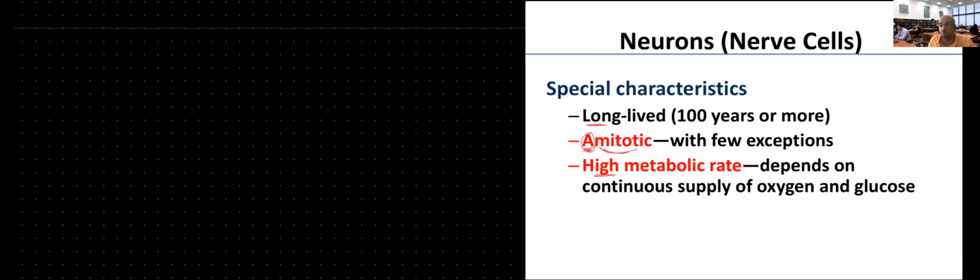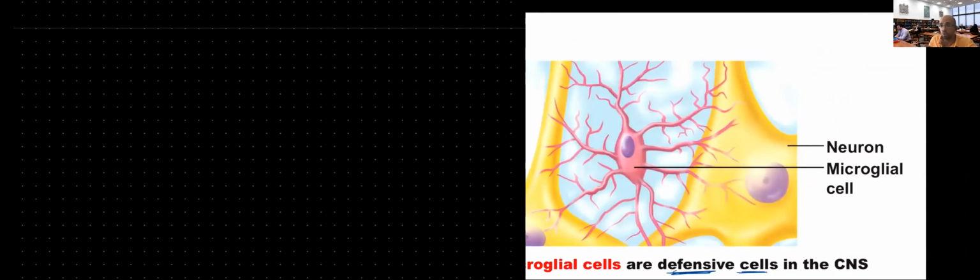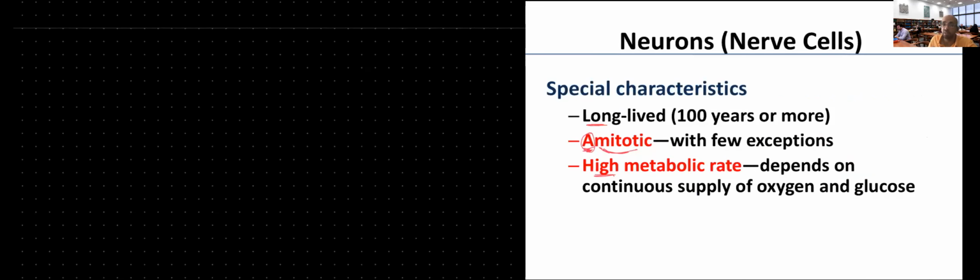The neuroglial cells are not amitotic. Those cells can divide. The neuroglial cells are mitotic cells, they can divide. The ones that are amitotic are my neurons, my nerve cells. All right. So what does a nerve cell look like? A neuron usually has a cell body,